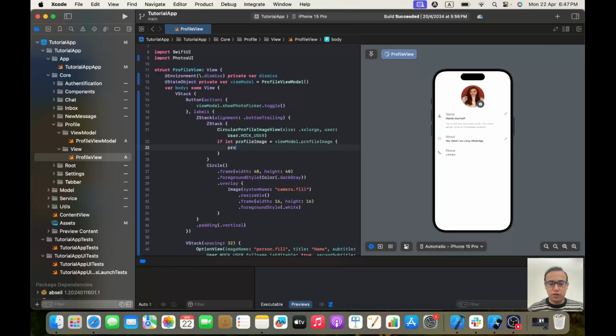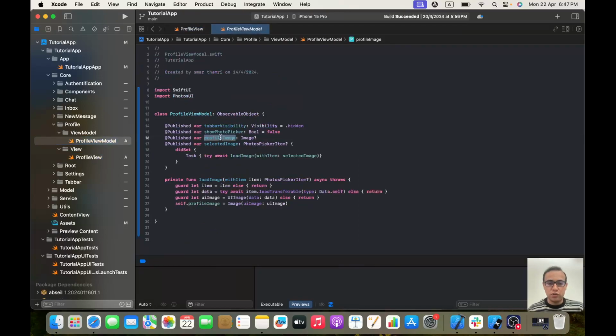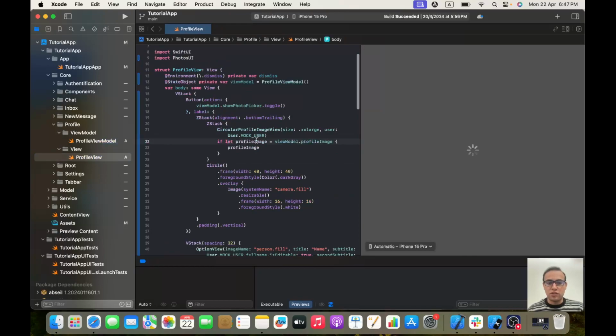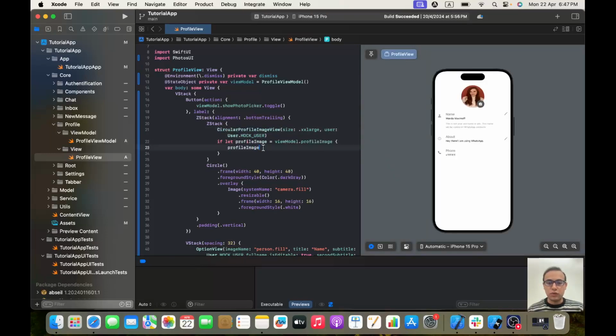In that case I will show profileImage, and the reason why I am doing this test is because, as you can see, profileImage is optional, so it can be nil. If it's nil, it doesn't make sense to show profileImage. I only show the circular profile image view. But if it's not nil, I will show this image on top of this one,